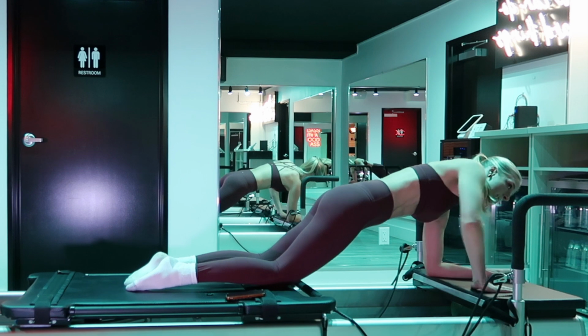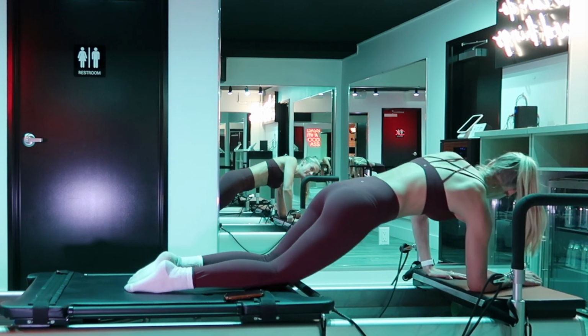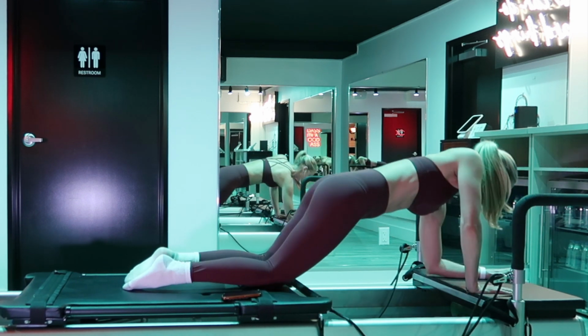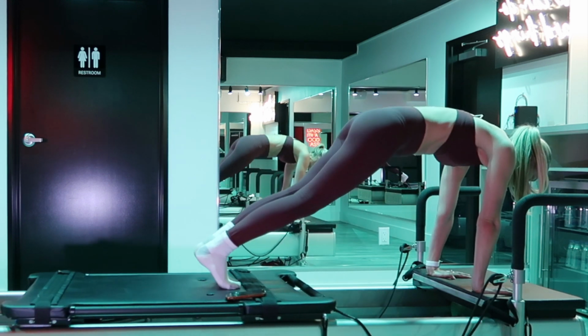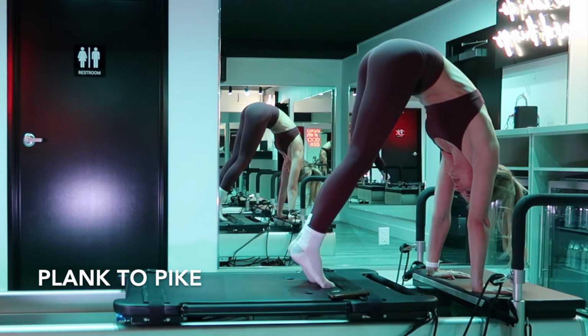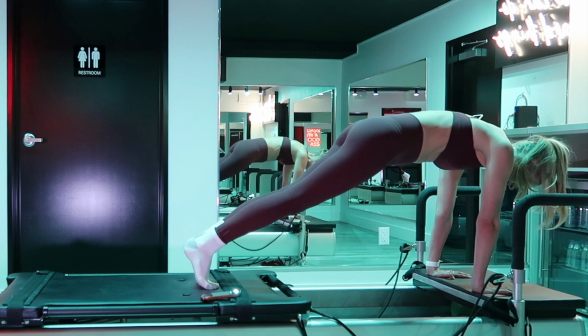In 8 seconds, you're up on your toes. Your choice in 3 seconds, forearms or palms. Plank to pike in 2 and 1. Toes or knees, palms or forearms, plank to pike, lift your hips up, linger at the top for just a little bit, and